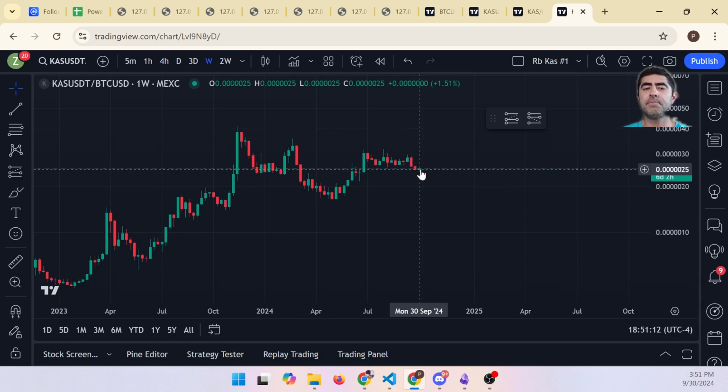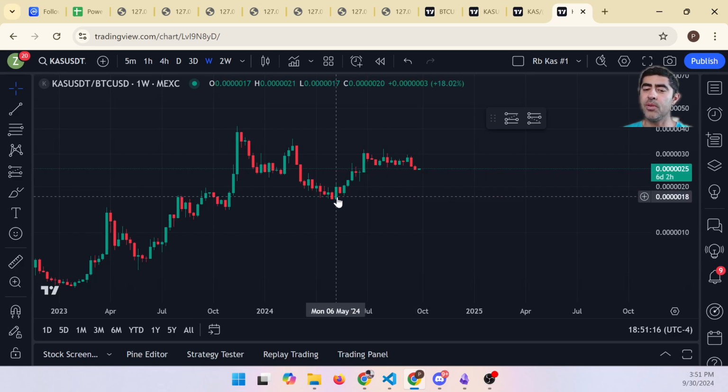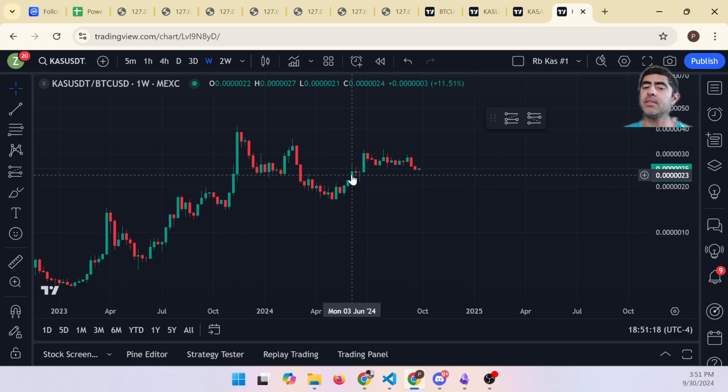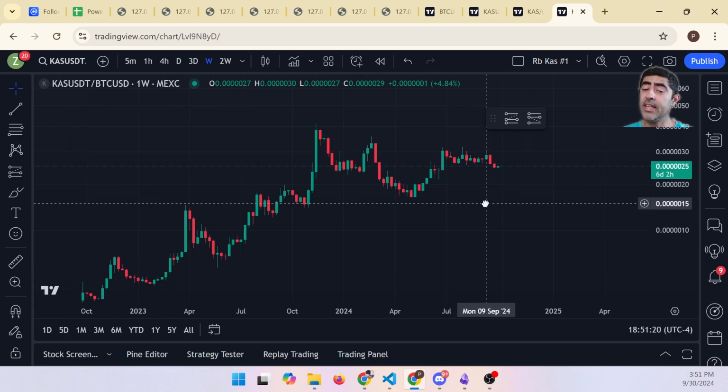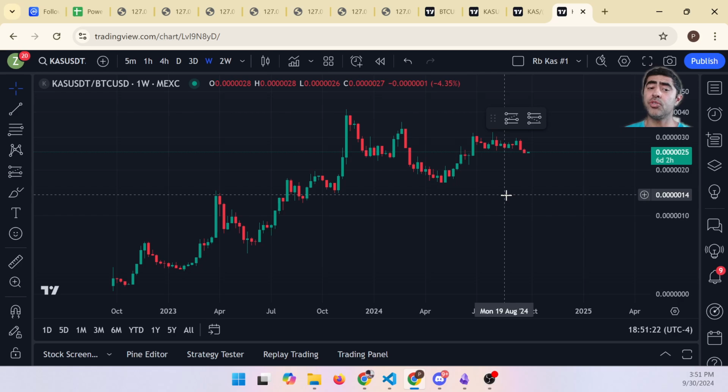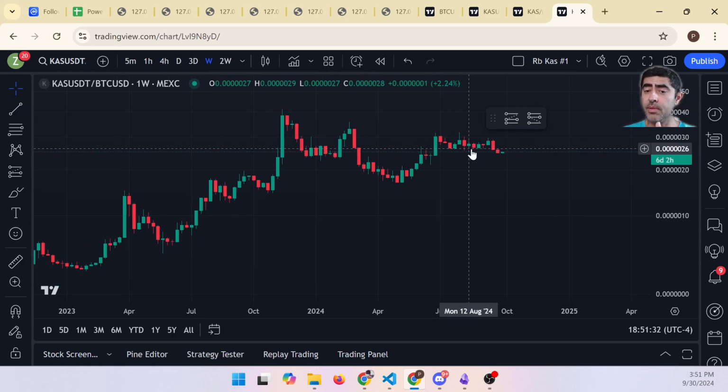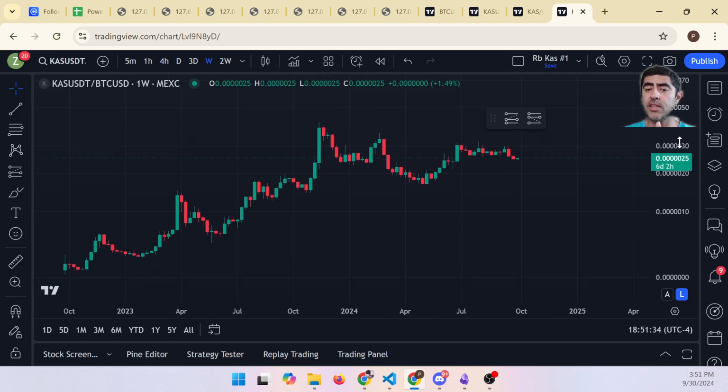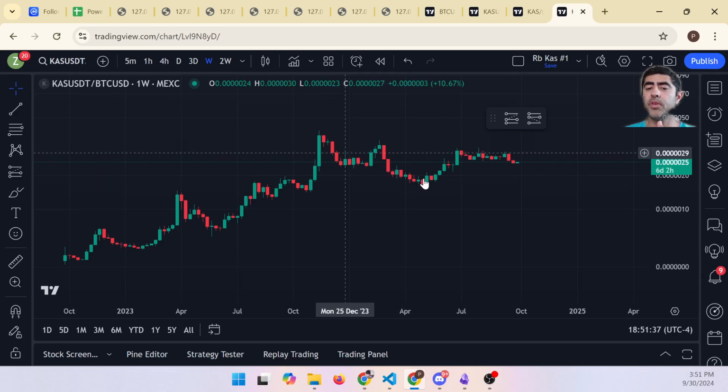So this is not unusual for what we're seeing. We've been lower than that in the past, and then we've been bouncing up also. Interestingly, this line, the ratio between Kaspa and Bitcoin, is also a power law. And it might be something for me to look at in the future and actually draw out the power law and see how we're doing. But right now, whatever the power law is, and you can visually see this, we are trending on the lower side.